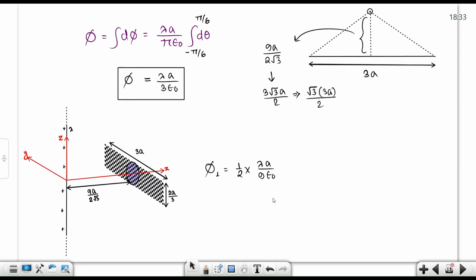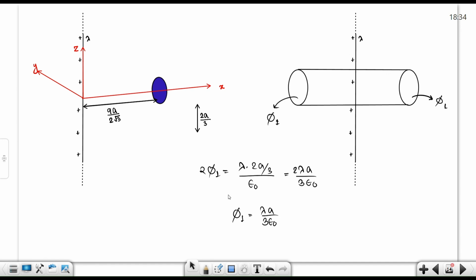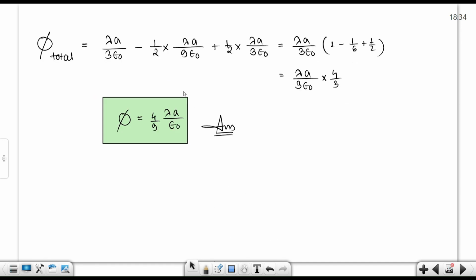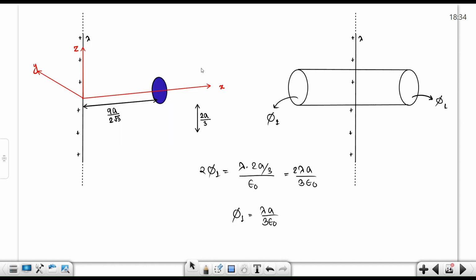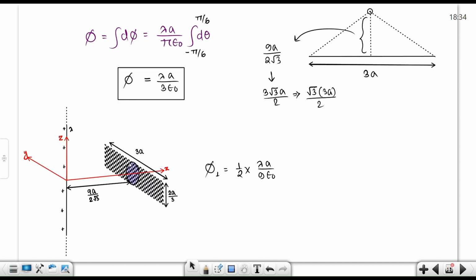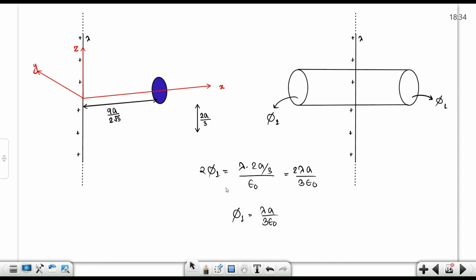But 50% of this circular part has no field, so I will add the 50% of this flux to my total value. I think you are getting my point. The 50% of this has been already removed, so I have to add only the 50% of this flux. Okay,